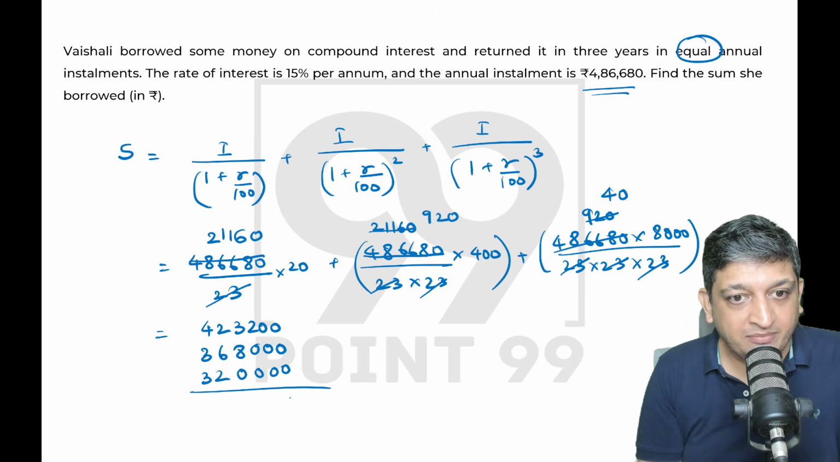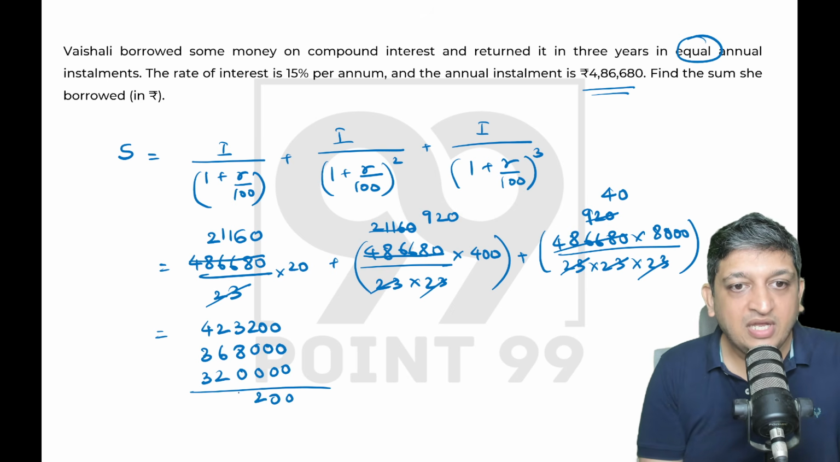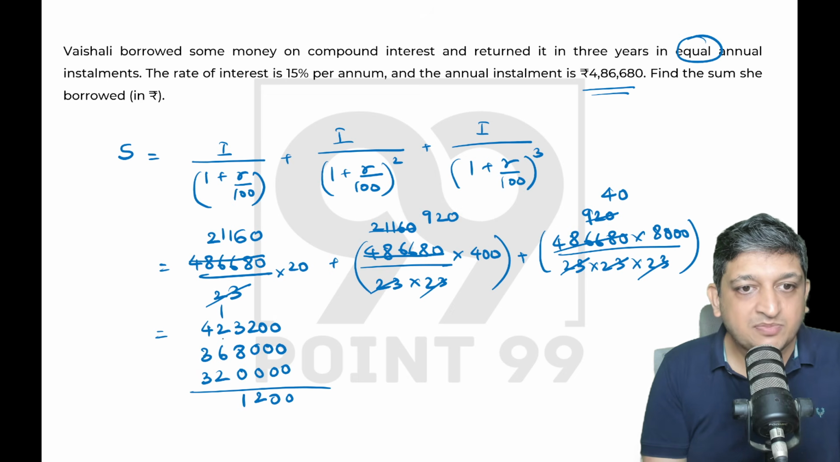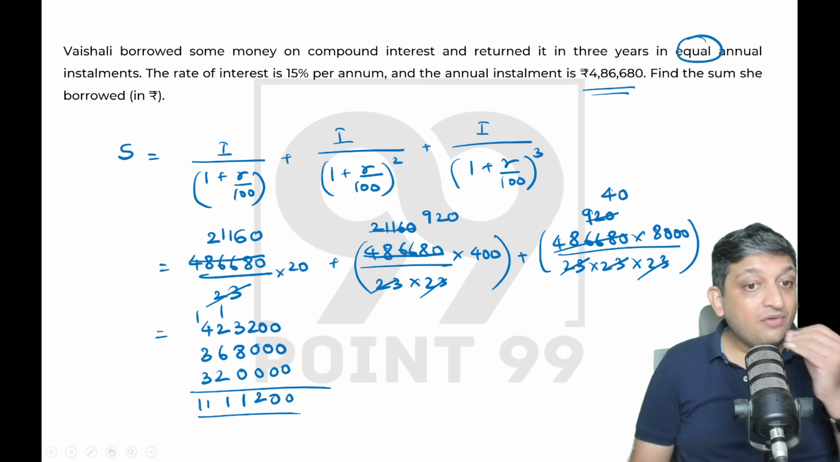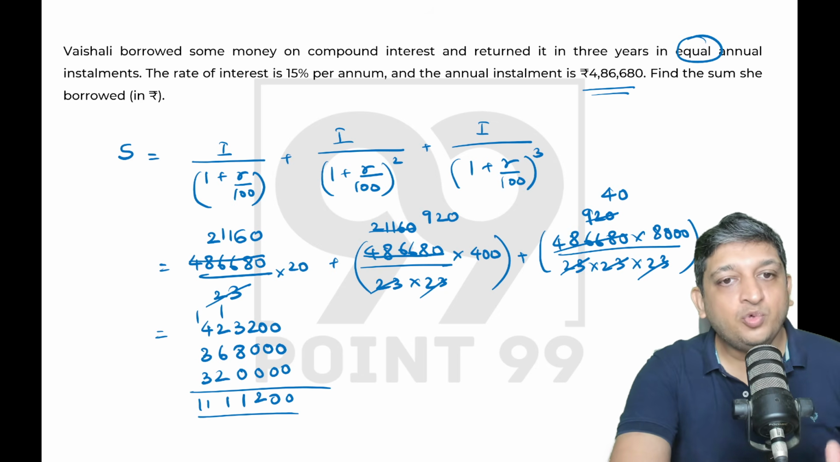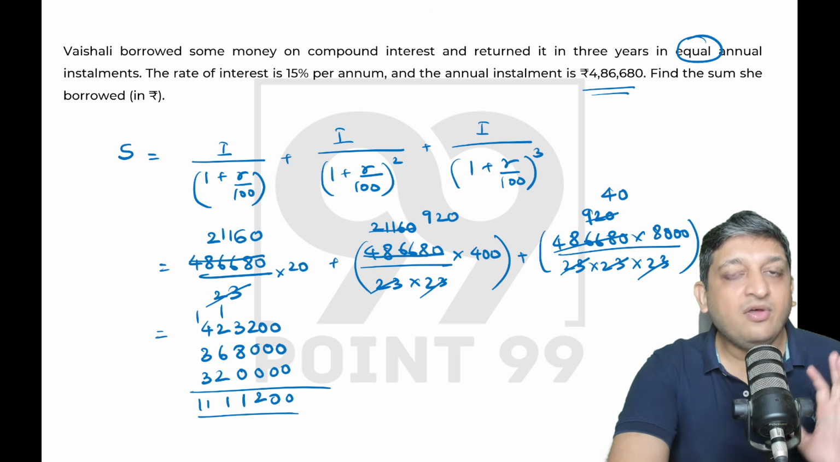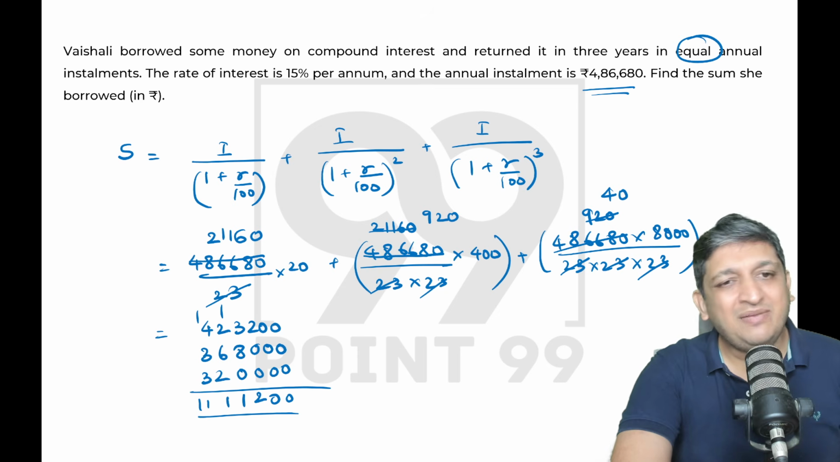So what is going to happen? I'm going to get a 0 here, 2, 8 plus 3 is 11, 6 plus 2 plus 2, 10 plus 1, 11, 4 plus 3 plus 3, 10 plus 1, 11. So my answer is going to be 111200. You could have used an on-screen calculator and could have made your life easier, but this is not a very